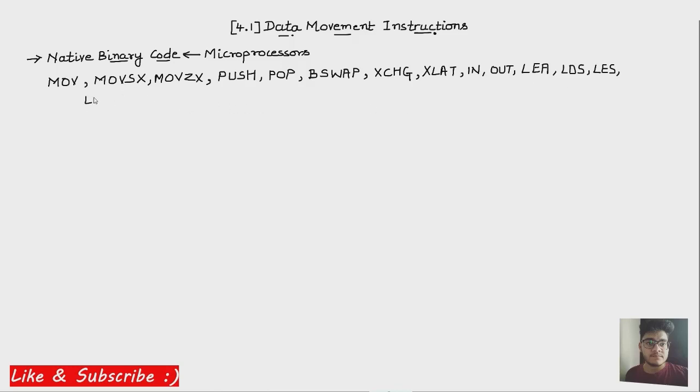You can see there are lots of instructions, but you just have to study one instruction. For example, you will study the move instruction and the other instructions will be much similar, right? So you don't need to do a lot of memorization work, and from these names you will already understand the uses of these instructions. The last two instructions are LAHF and SAHF, right? These are the basic instructions in a microprocessor that we are going to study in section 4.